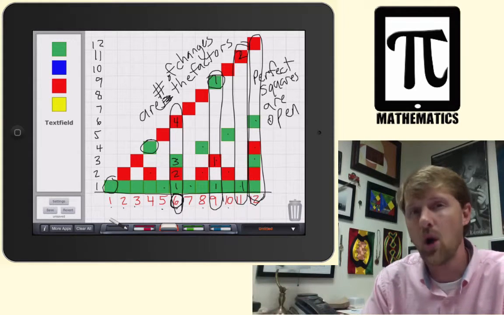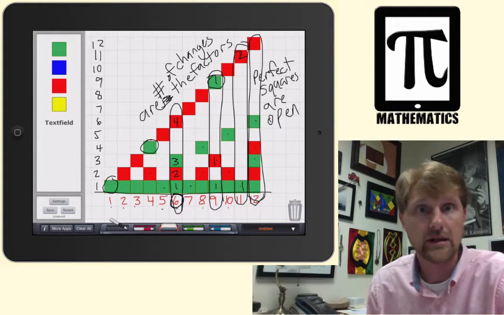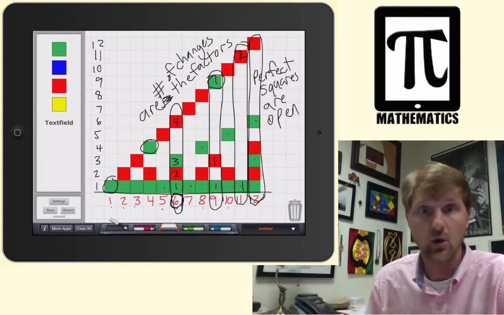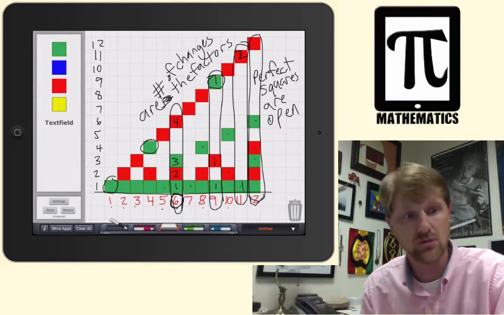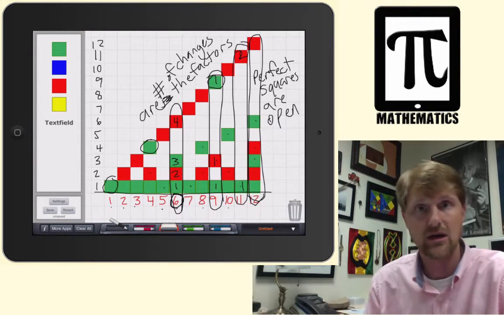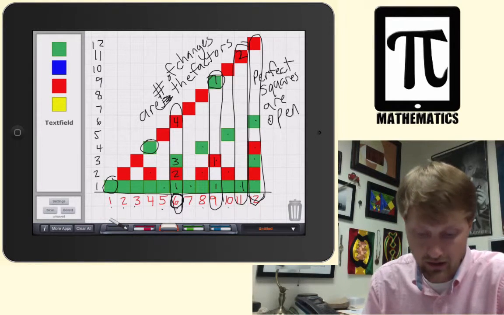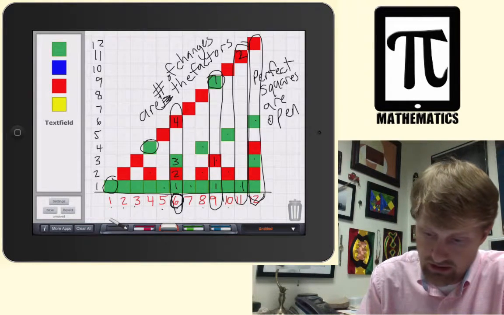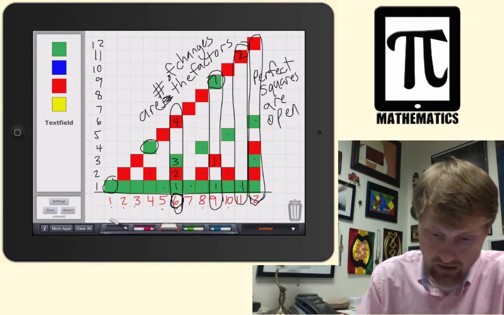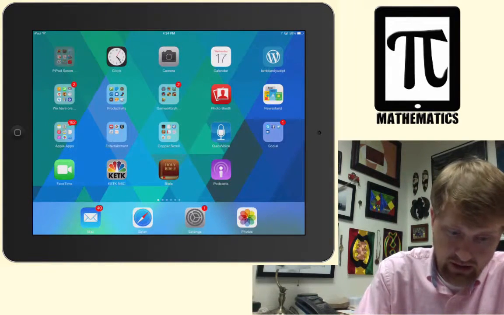That would be a long way. It would be a long way to get to Dallas, if you will, to go that route. So is there a faster route, or is there a way to get there a little bit sooner? And there is. So what I'm going to do is open up Explain Everything,